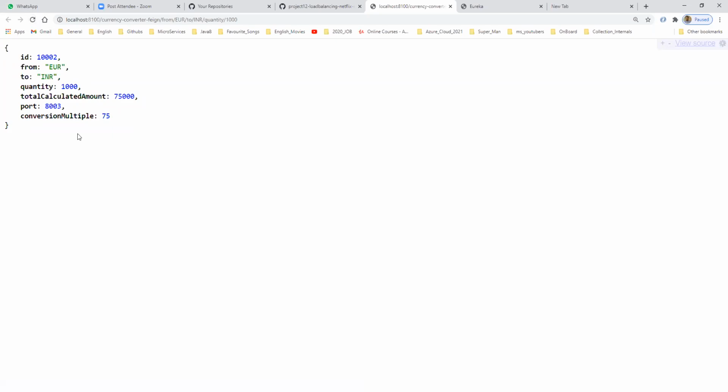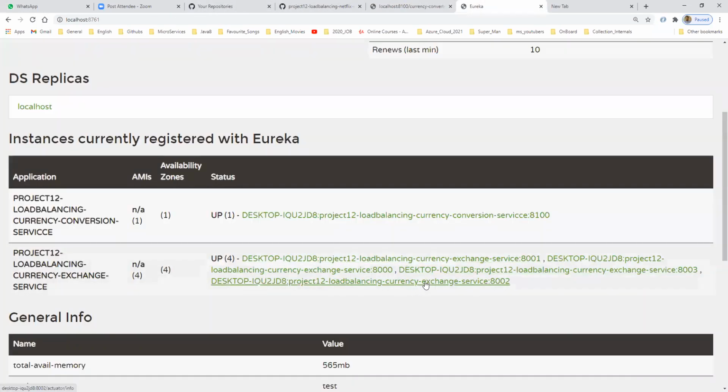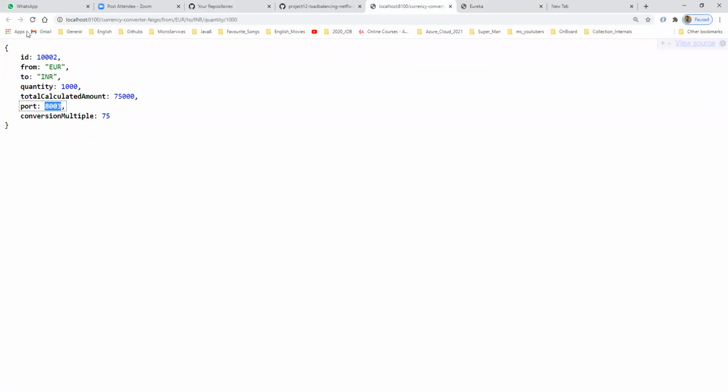Do you get it? Ribbon will shift your request to the available JVM. That is the reason we are getting our response from the different ports available in our server configuration. However many servers you are running for the same application, the load balancer will take care of switching your request to the available server or instance. That is the only reason we are getting our response from different port numbers.